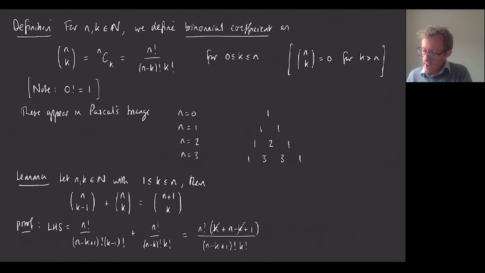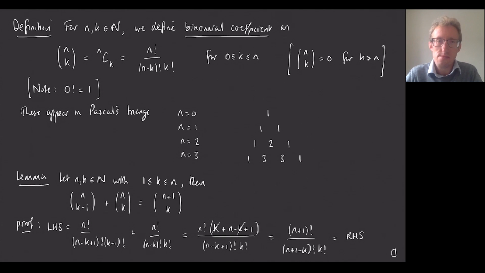And the k's there obviously cancel. So in fact on the top there I've got n factorial times n plus 1. That's just n plus 1 factorial. So I can write this as n plus 1 factorial. And on the bottom I'm just going to rewrite the first term as n plus 1 minus k factorial, k factorial, because that now is exactly the definition of n plus 1 choose k. That's the right hand side. Okay, so that's just completely straightforward algebra.